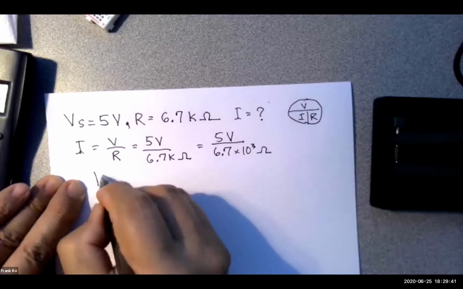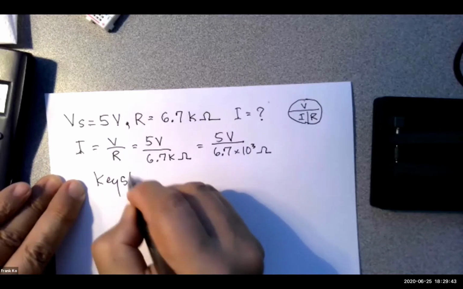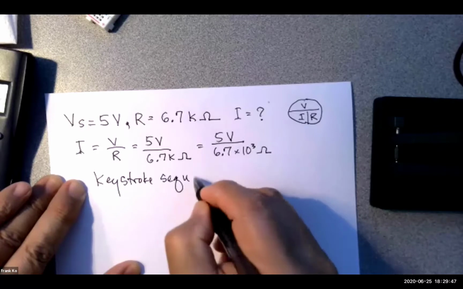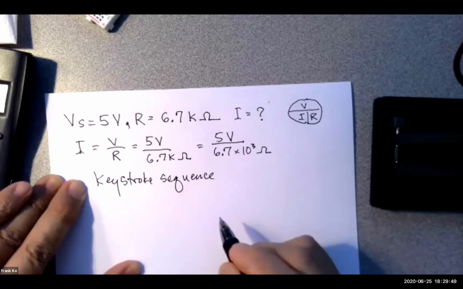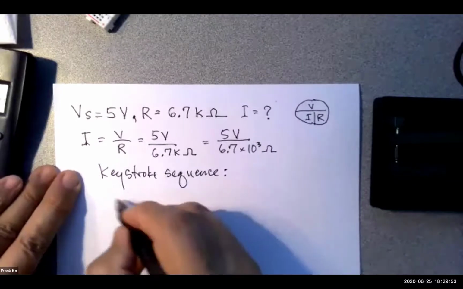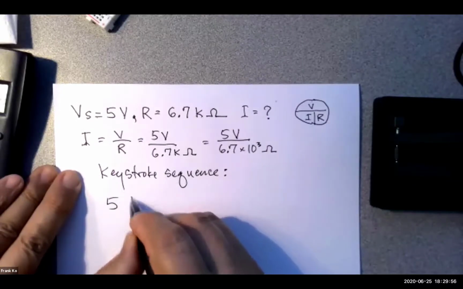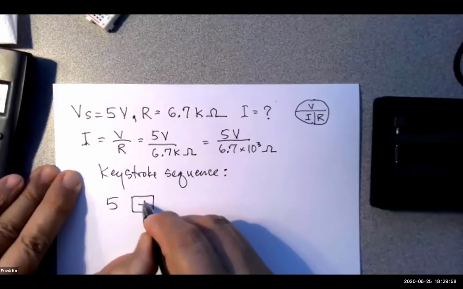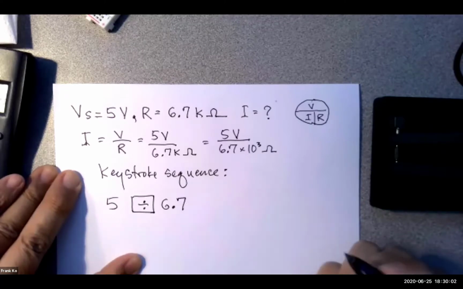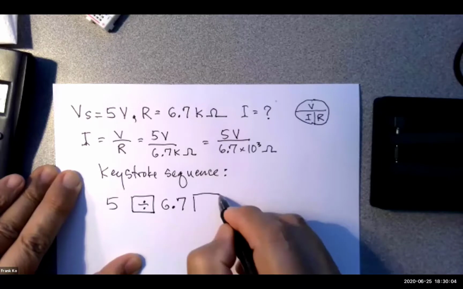So the keystroke sequence will be as follows. It will be 5 divided by 6.7